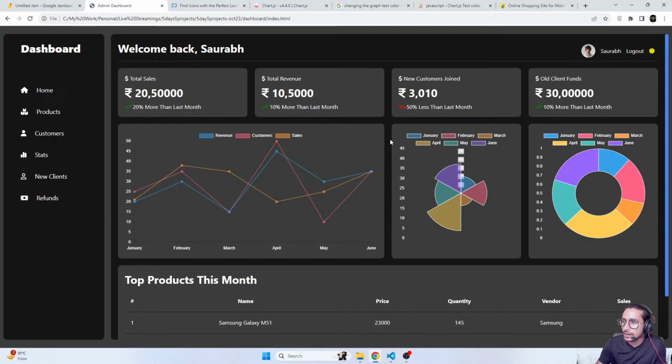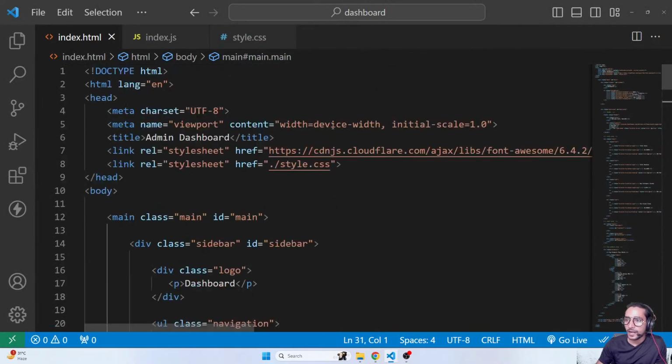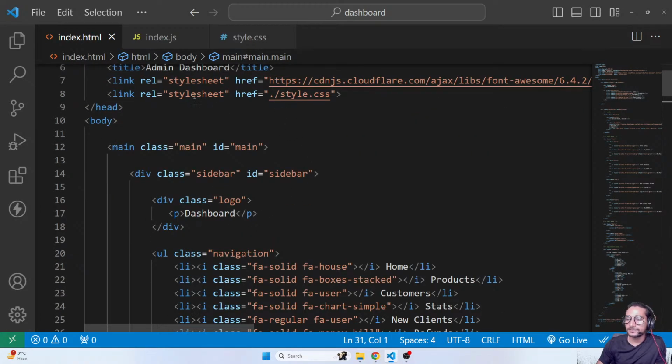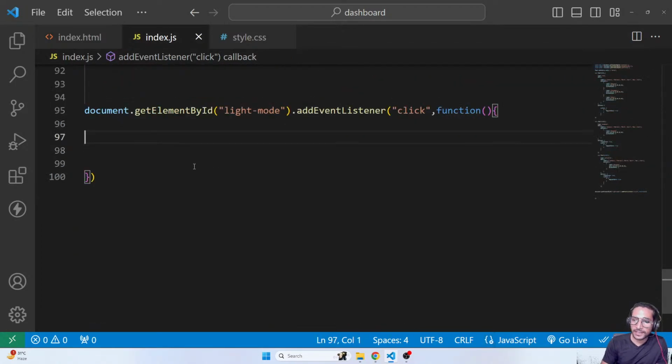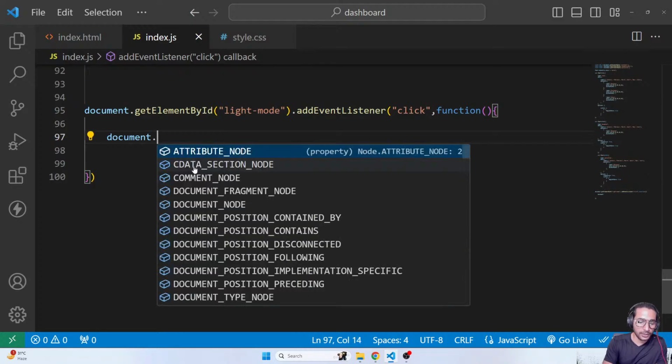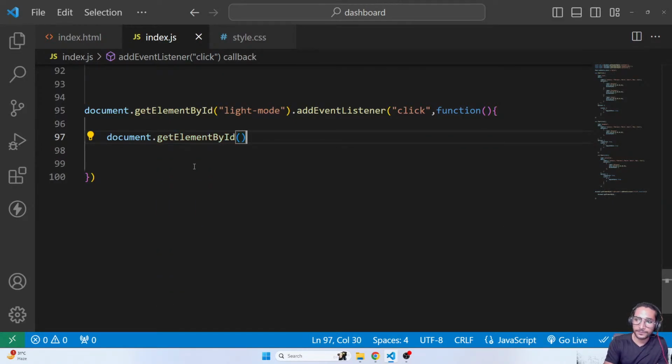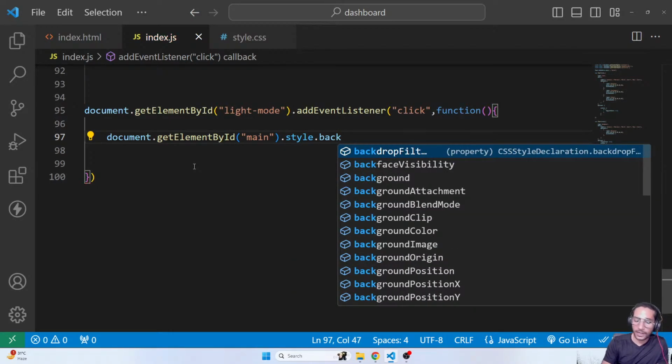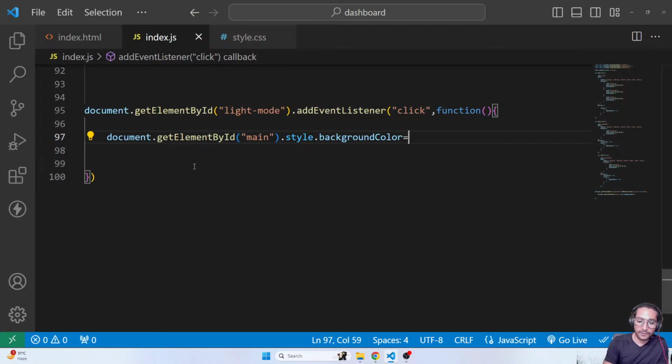Just thinking now. Okay, fine. First of all, let's work with this much: main area and main and sidebar. Let's go. So as soon as I click on that light mode, document dot get element by ID, main dot style dot background color. I want it to become,